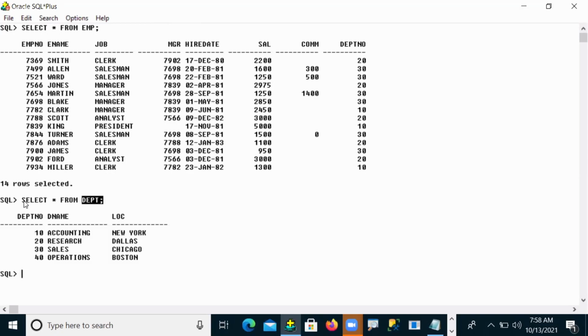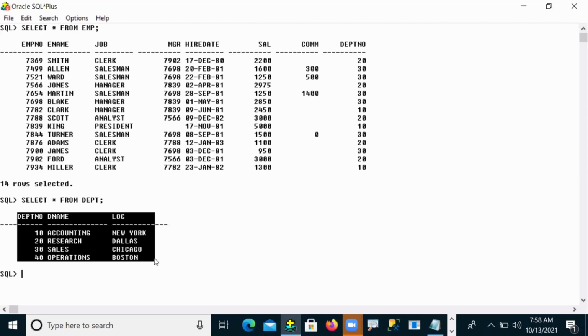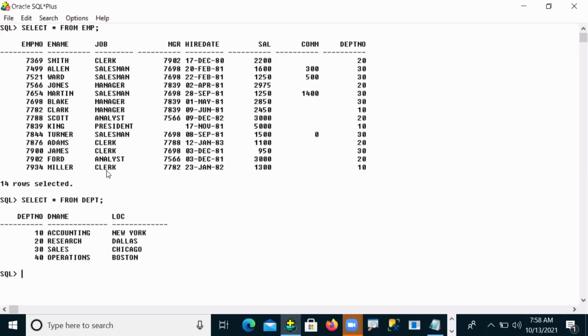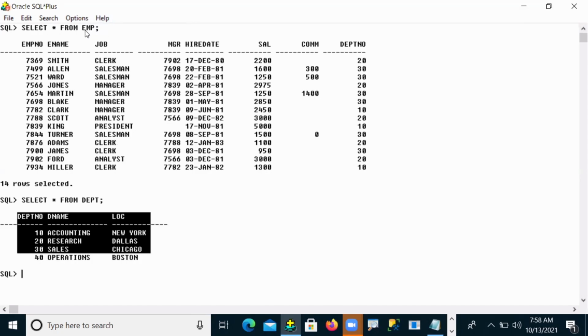When I call select star from department, all departments are coming out. That means whatever department details we stored, the complete details we got. This is okay, but the requirement is not this. I want to display the department details in which department employees are working. So compulsorily, I need to compare these two tables. The DEPT table data, I have to check with the EMP table.